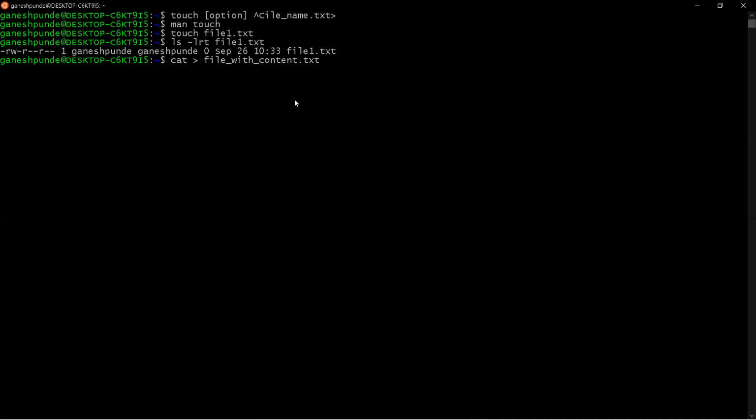Now if I press enter, Ubuntu will allow you to edit the content of this file_with_content.txt file. You can see the cursor is coming on the second line. It means now I can edit this file. Edit means I can add content to this file.